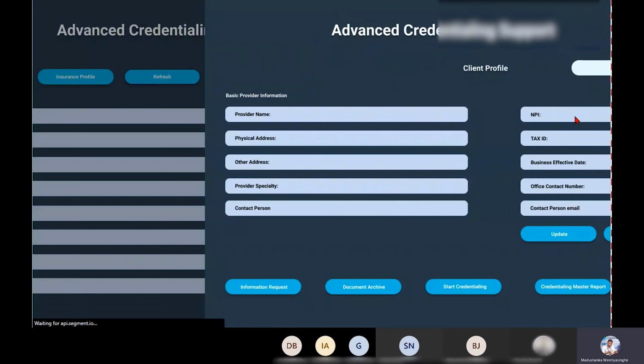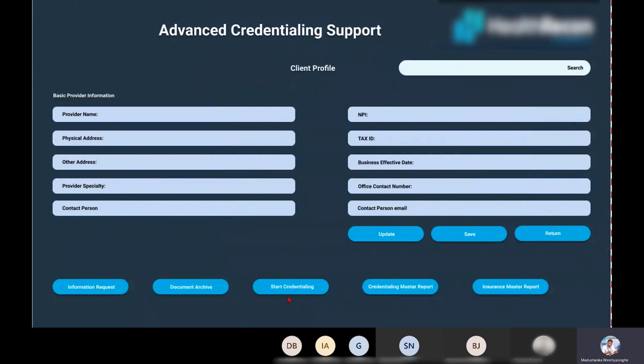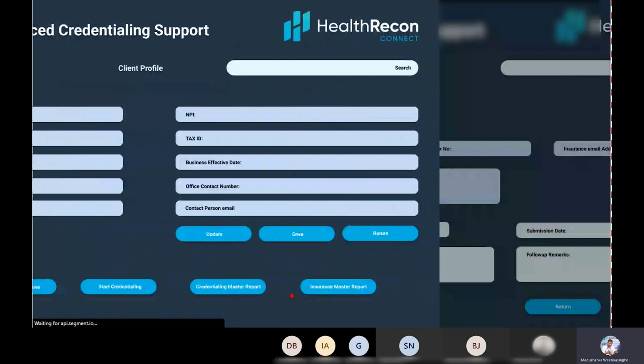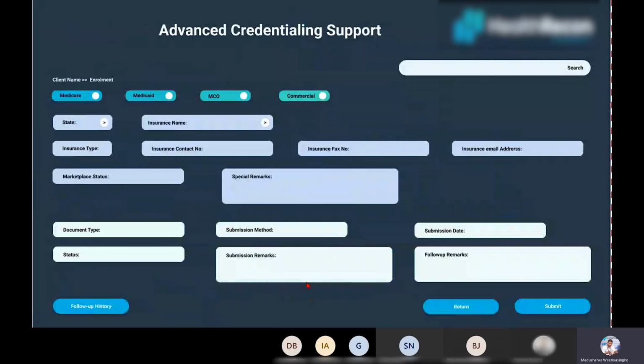You can, no, the next step is to start credentialing, right? Cool. So let's click on this. Here we go to the credentialing interface that you guys will be working in. All right. So for the ABC client, they want to get enrolled with